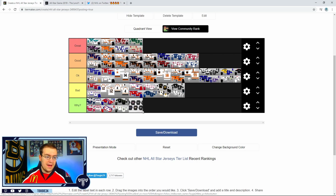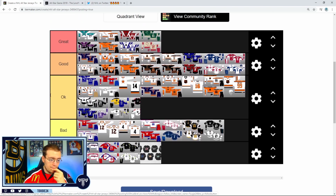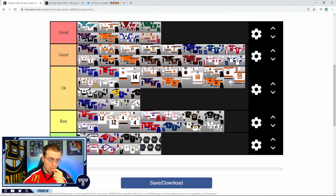So if we're picking the worst jersey of all time from the Y category, it's this year's. If we're picking the best from the great category, it's 94 to 97. But I'm kind of surprised, actually. There were a lot more that I viewed in the good. I thought we'd have more bad jerseys than good jerseys. I'm not surprised that there were that many in the middle ground,